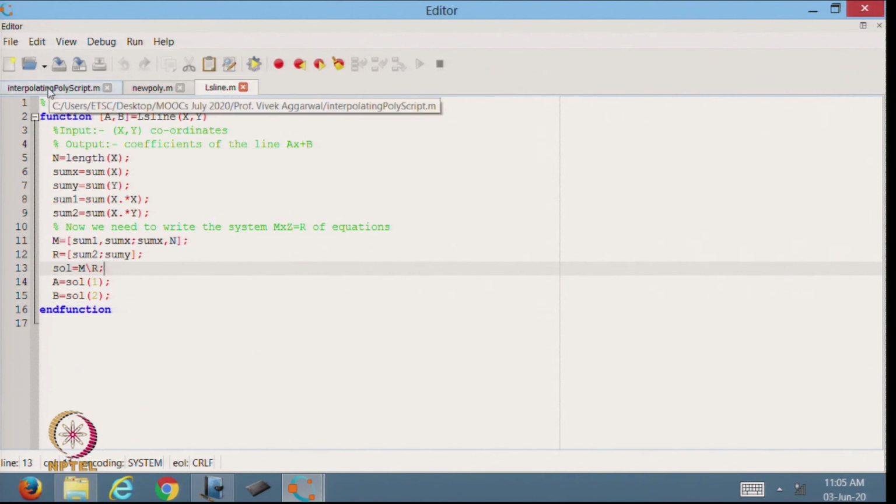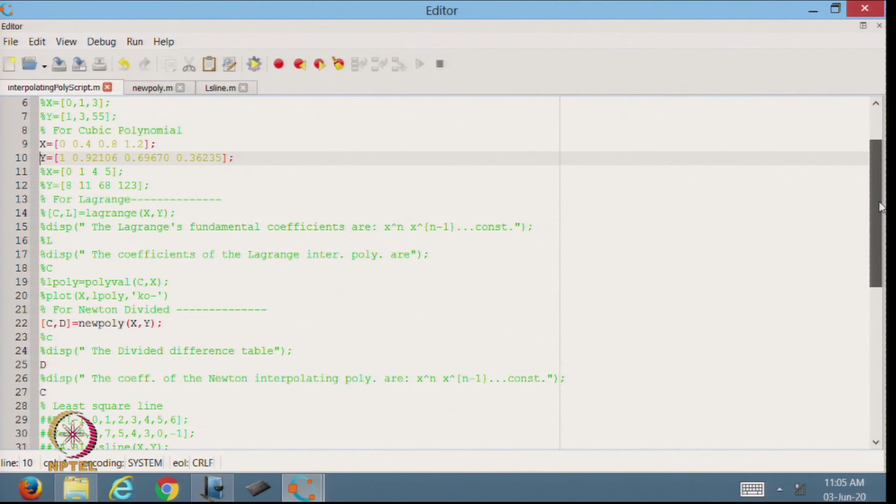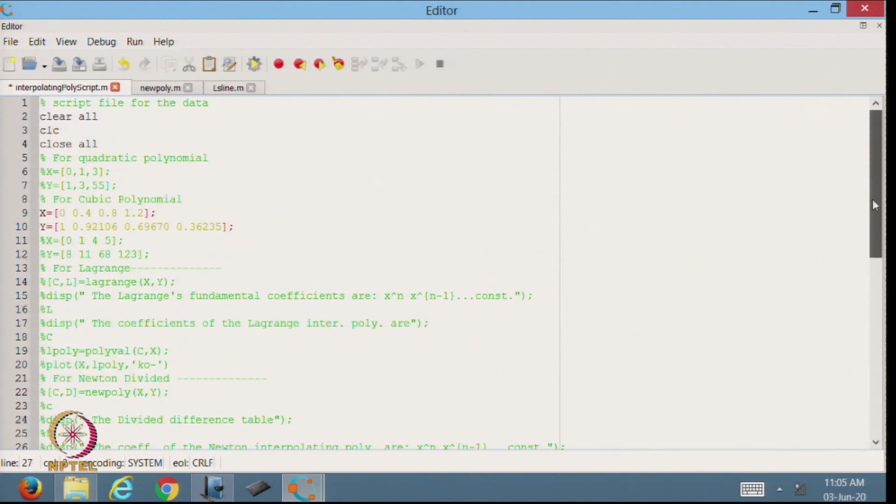Now, let us try to find out the least square approximation. This is the least square approximation we are going to use.